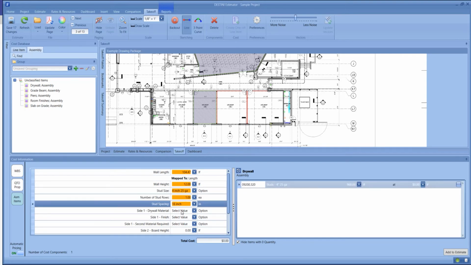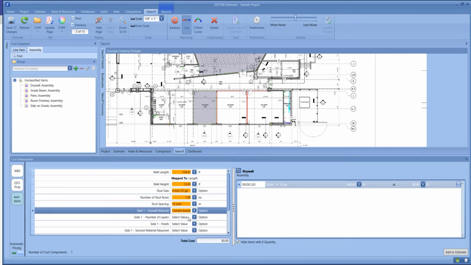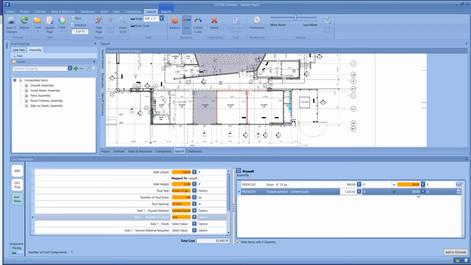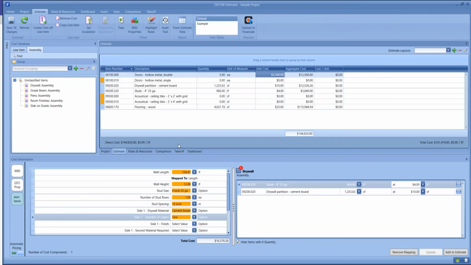And as we answer questions, the line items will start to populate based on the formulas that we've given them in the database. So we'll take our 2 line items here and we'll give them a unit price. Then once we select Add to Estimate, they're now in our estimate as